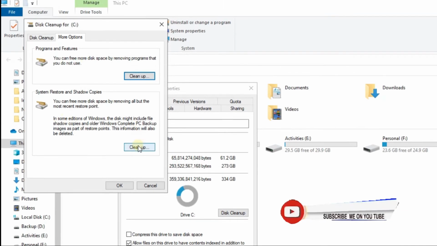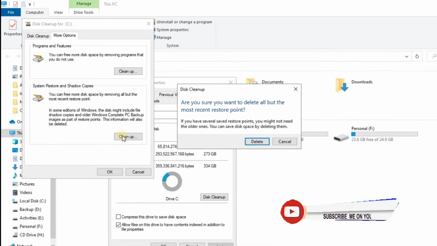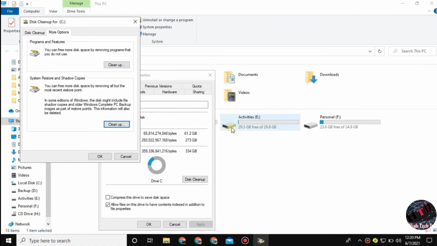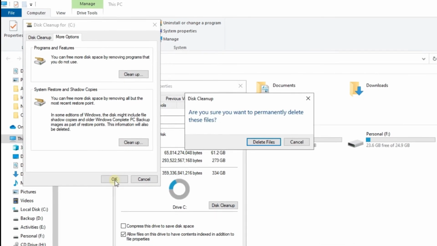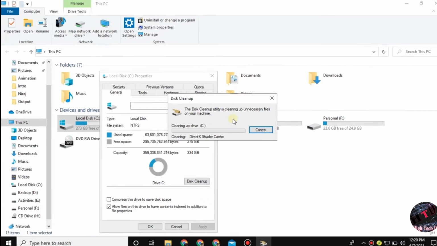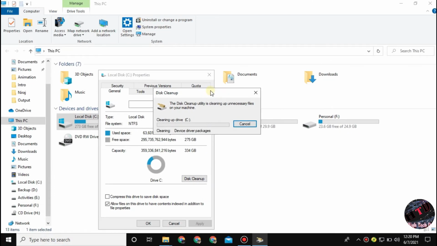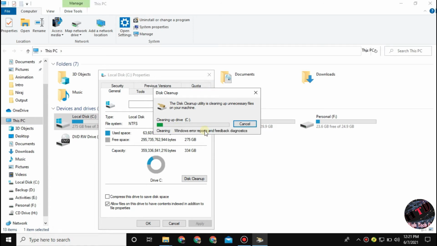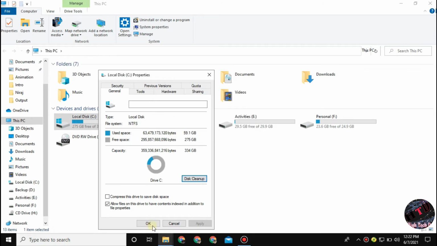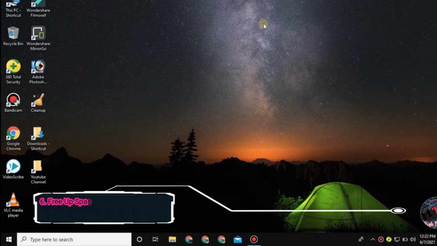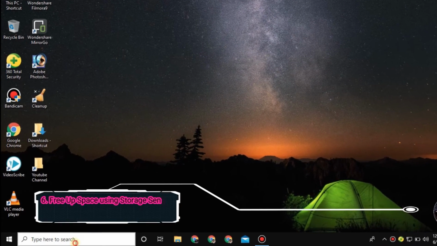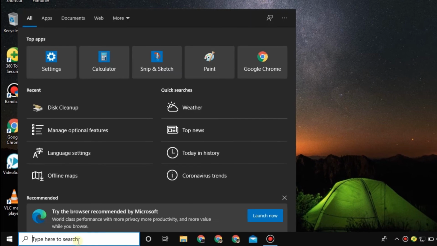Click on the Clean up button and then Delete, and then click on the OK button and then Delete Files. And now here you can see the system restore and shadow copies are deleting from the C drive, and it deleted successfully.